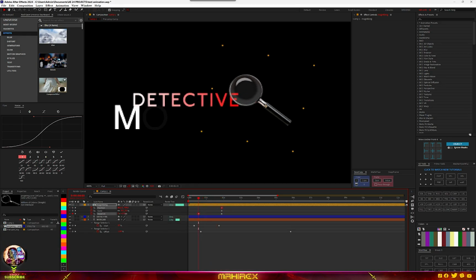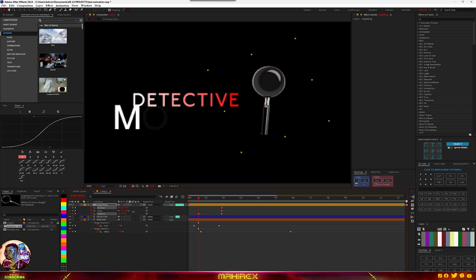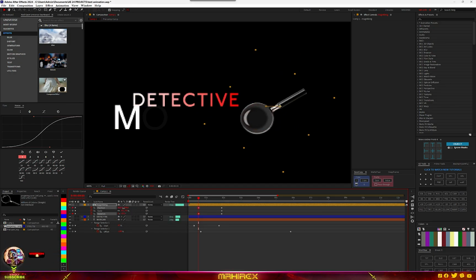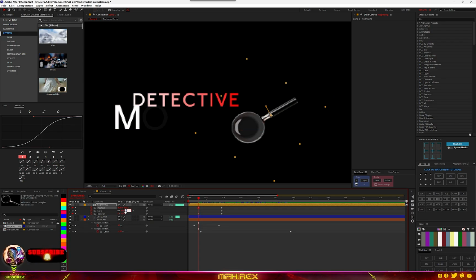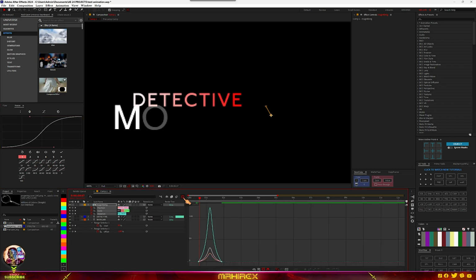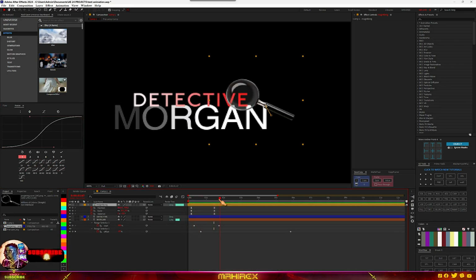So let's rotate this, so you can choose any angle you want the rotation to start. I'll go for something like this, and I'll position this a bit here. Now let's go to our scale and set it to 0. Just highlight your keyframes, ease. You can make this graph like this. So if I go here, you can make this type of graph, and when it gets here we are going